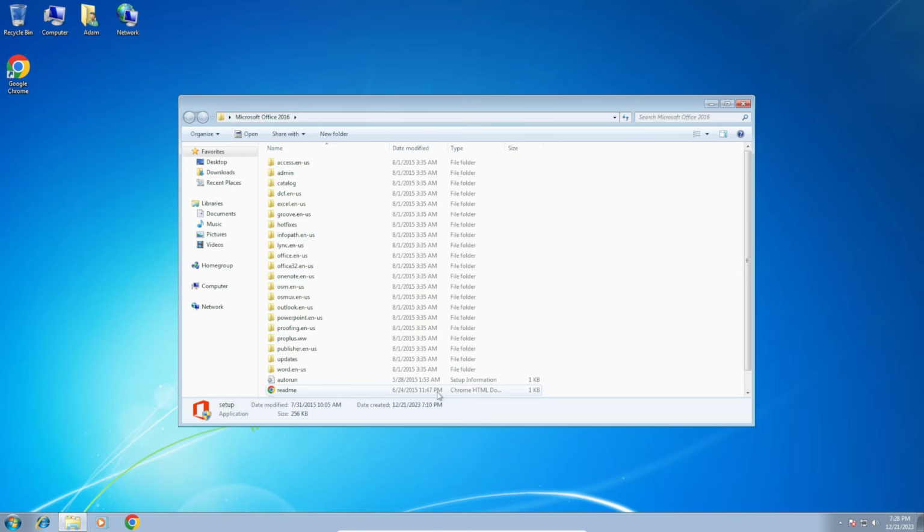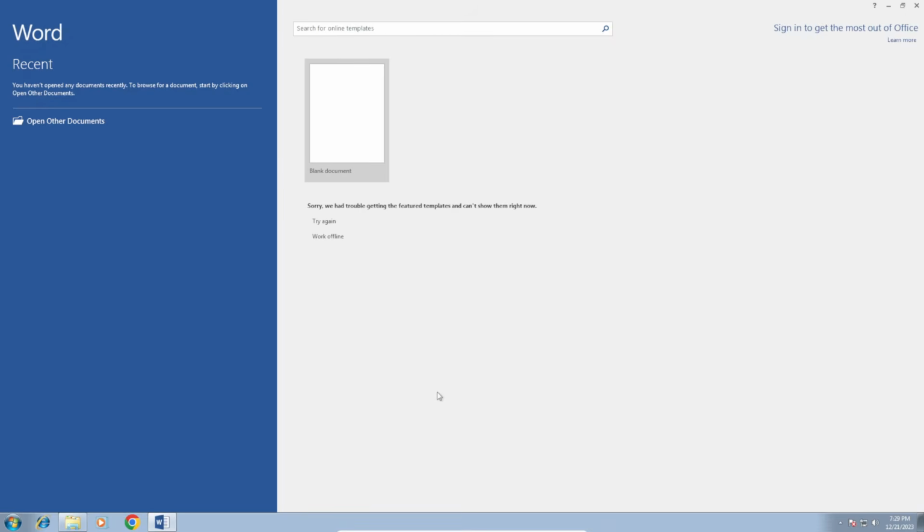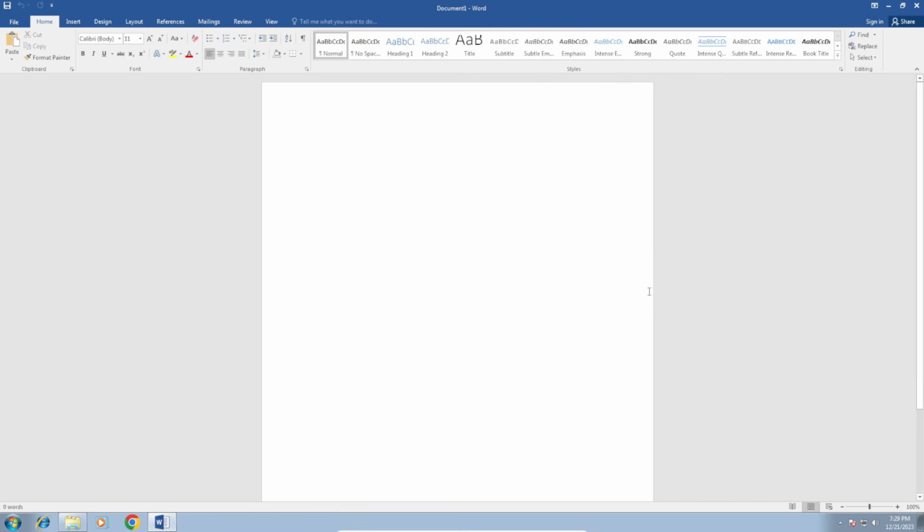So there's PowerPoint. Let's try out Word. Do the same thing, open up a blank document and type out Windows 7 is a really good operating system, because it is. So yep, all this works as it should,